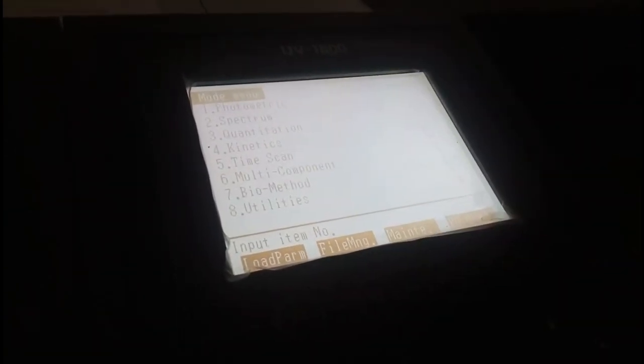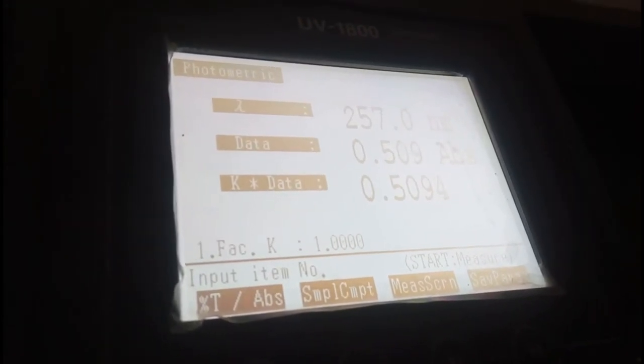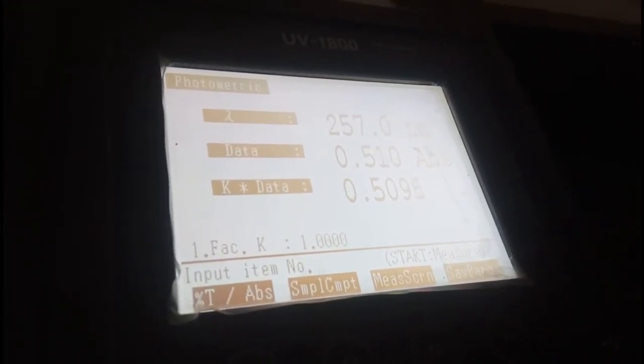After knowing the wavelength, we go to the mode return, and then the menu, that is one photometric. In that, we are going to set the lambda max.